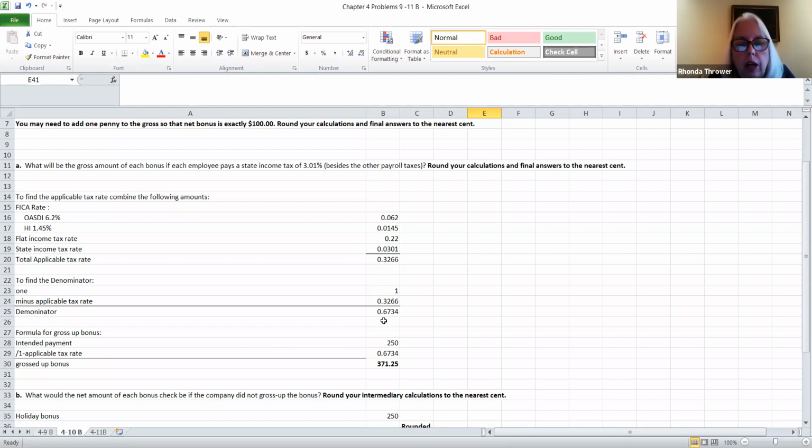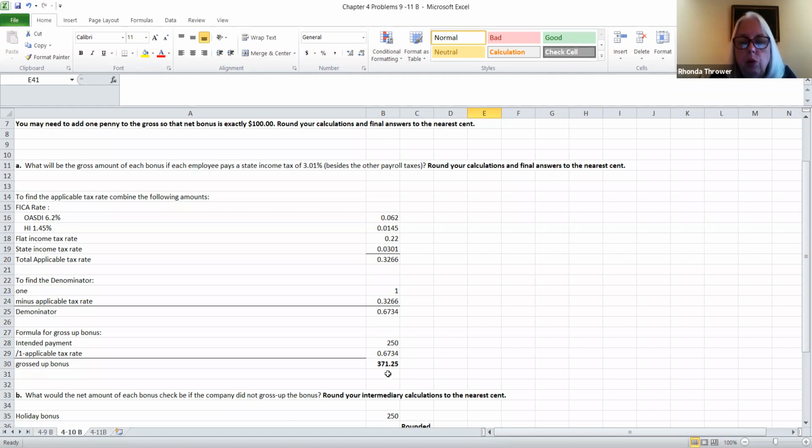Once you know the denominator, you're going to divide it into the amount of the bonus, which was $250. So $250 divided by 0.6734 will give you the grossed up bonus amount of